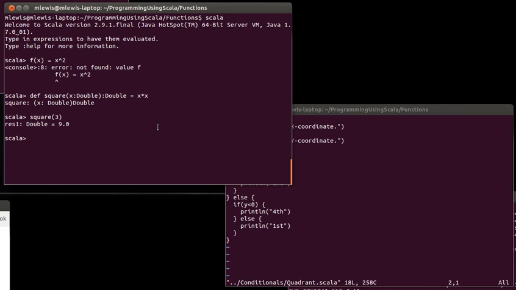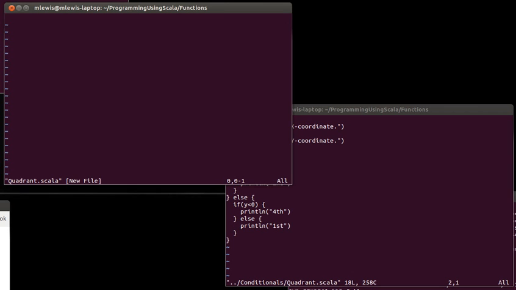What I'd like to do here is make another version of this, but a version that uses a function, and I want it to return to us not a string, and I don't want it to print anything. I want it to give back an int that is the quadrant that the point is in. So I'm going to def quadrant,